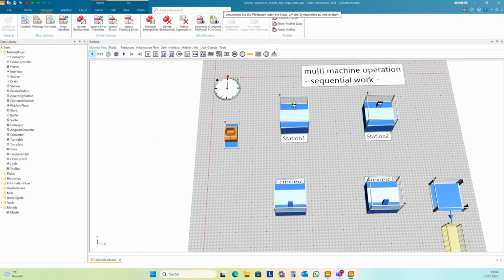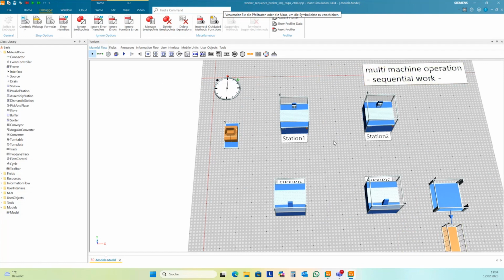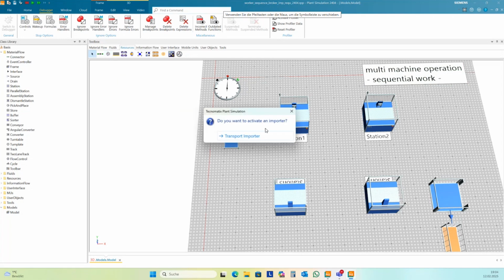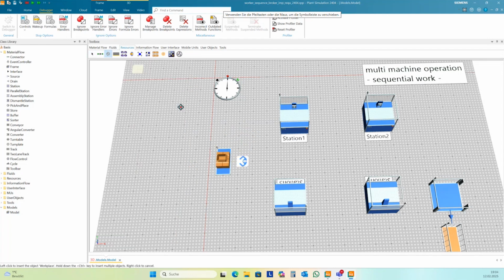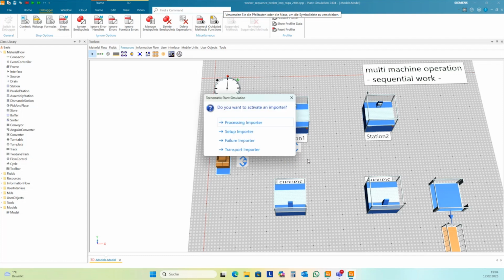All these stations need to have a workplace, and so we add for the source and for all the stations here a workplace and activate the transport importer.